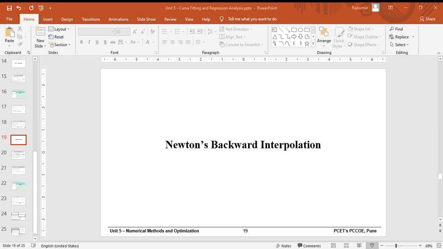Again, the nabla raised to 5 and nabla raised to 6 calculations are possible. Here you need to take the difference between minus 0.05 and minus 0.07, and you will get the next value. Similarly, the remaining values you can calculate, and those values are also used for the calculations. Again, the difference between two consecutive values is 50, and that is constant everywhere. So h is 50 in this case.